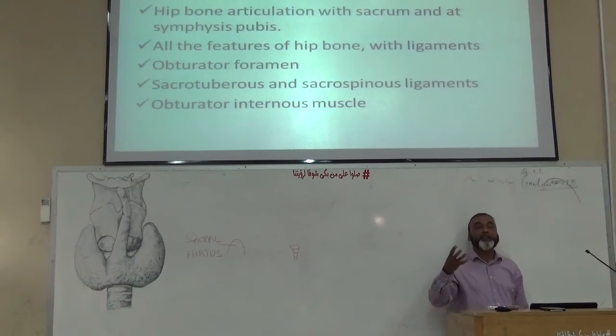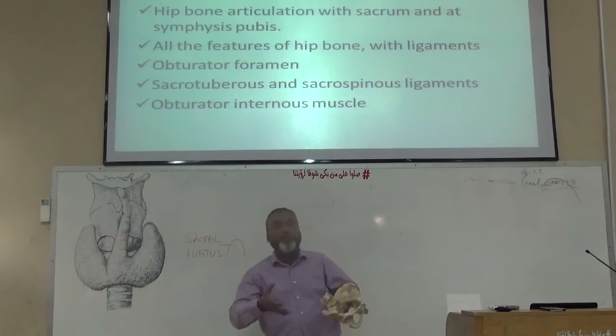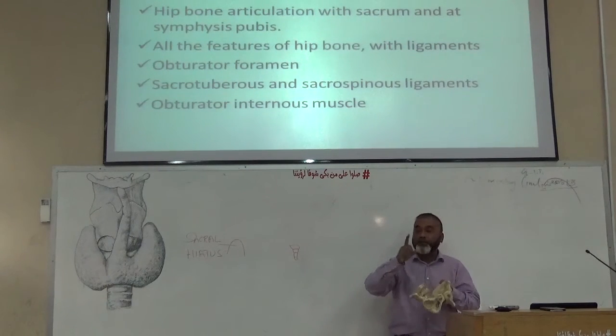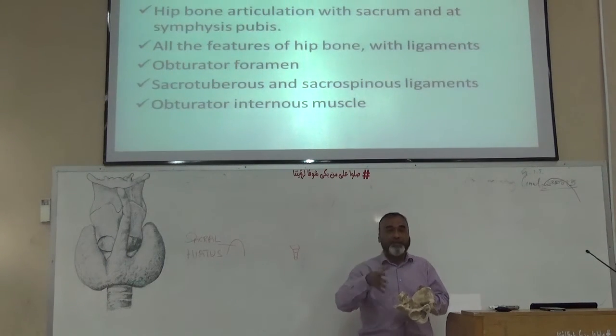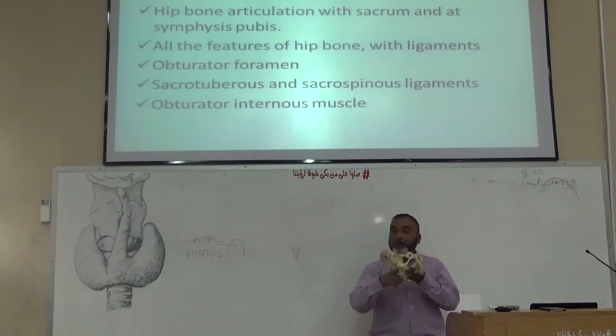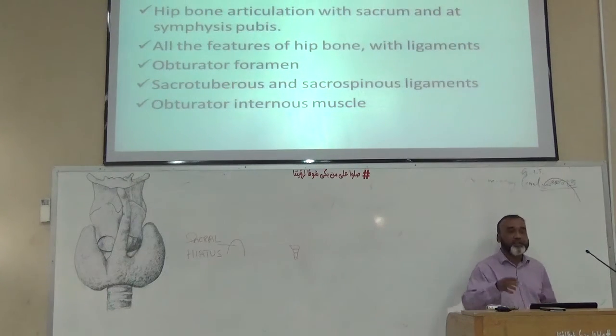The sacrotuberous ligament is stronger, and its lower margin also helps in the passage of the fetus outside. It is very strong as compared to the sacrospinous ligament. So the lower inferior margin of the sacrotuberous ligament forms part of the lateral wall of the pelvic cavity. Okay. And the obturator internus we have done, that originates from the margins and the membrane and goes from the lesser sciatic foramen towards the tip of the greater trochanter.